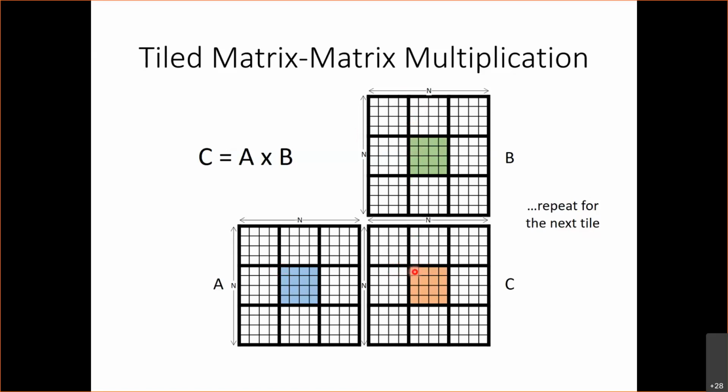So here I'm going to load tile index, here 1, times the tile width, which is 4 in this illustration, but it's going to be 32 in my code. Okay, and then plus the thread that has thread index.x equals 0 is going to load tile times tile width plus 0. The thread with thread index.x equals 1 is going to load tile times tile width plus 1. The thread that has thread index.x equals 2 is going to load tile times tile width plus 2, etc. So in general,